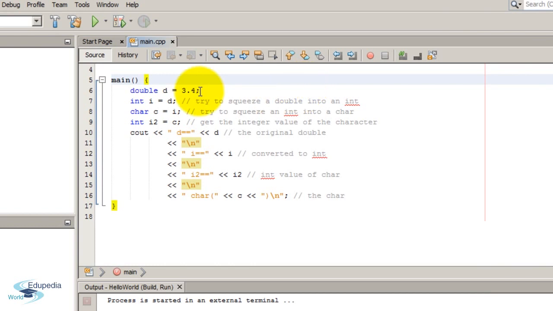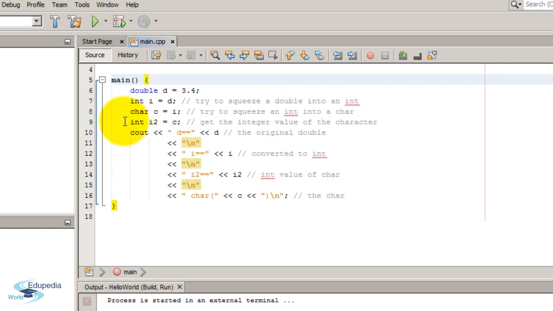In this program, I start by defining a double variable d and initializing it with the value 3.4. In the second statement, I define the int variable i and assign the double variable d into it. It is trying to squeeze a double into an int. In the third statement, I define a character variable c and assign the int variable i into it. It is also trying to do the squeezing.